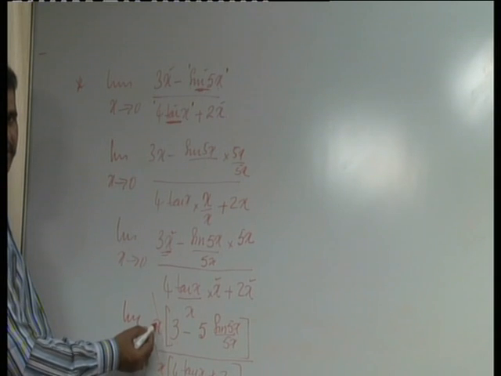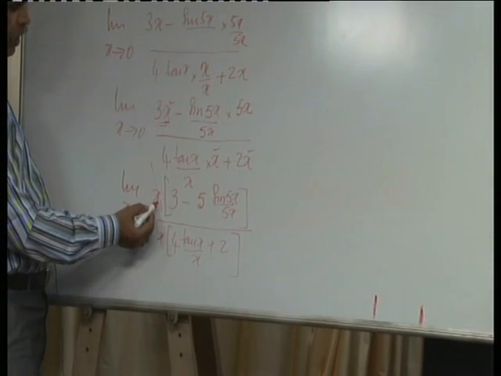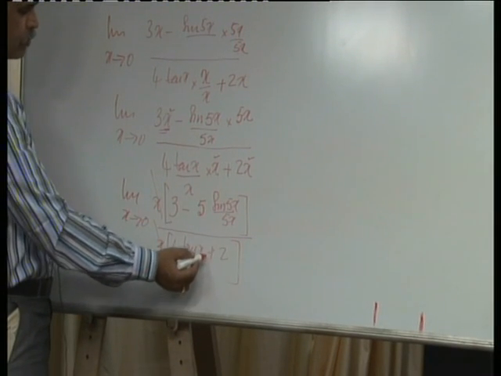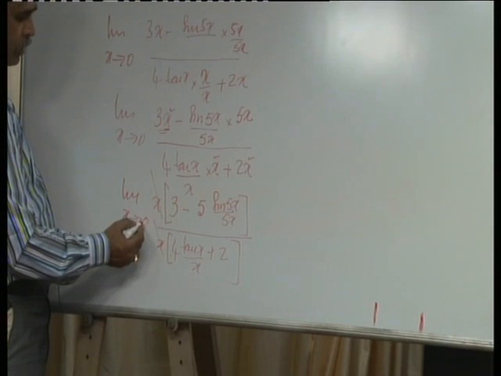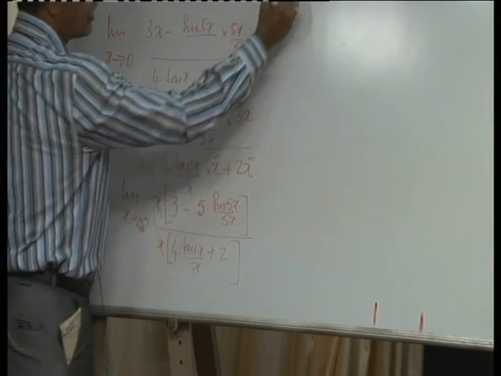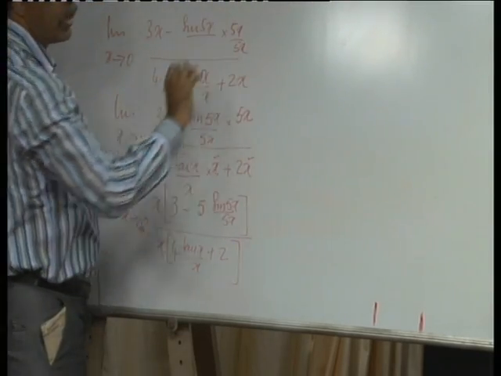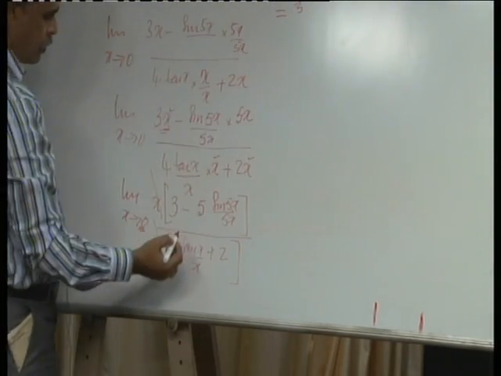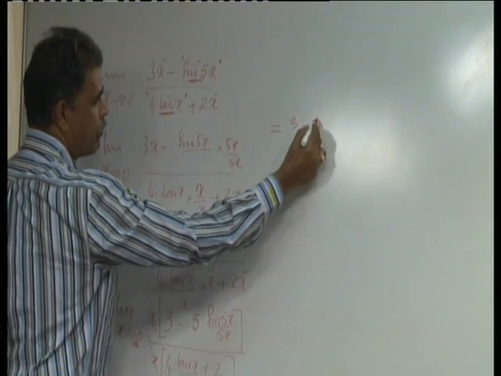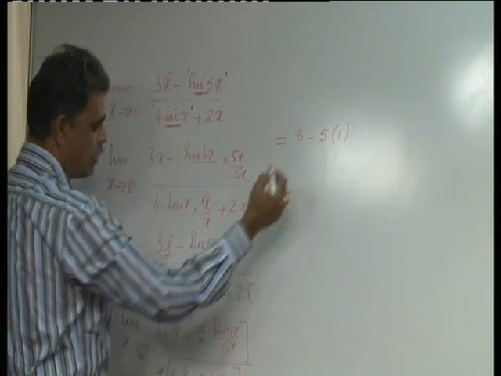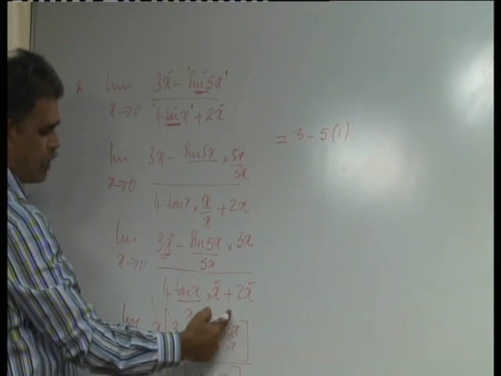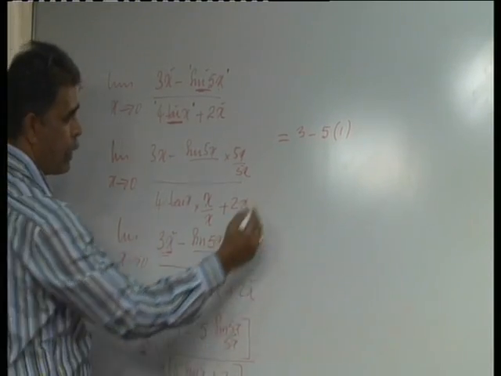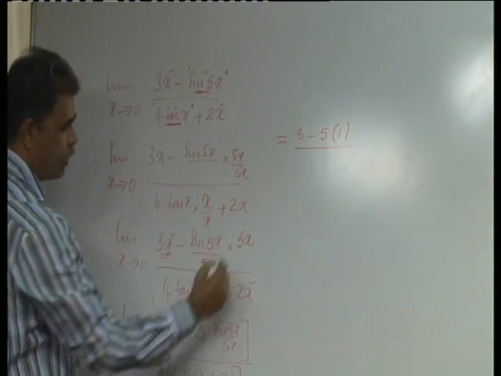Therefore, after cancelling this x and this x, what is the remaining thing? 3 minus 5 sin 5x by 5x, 4 tan x by x plus 2. Apply the limit as x tends to 0. For the constant I cannot do anything, I should take it as it is, 3. Minus 5 into this, which becomes a standard limit. What is its value? Sin n theta by n theta, as theta tends to 0, is 1. According to that, this is 1, whole divided by 4 into 1